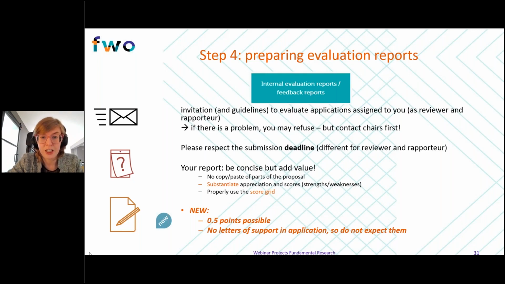Substantiate the appreciation and the scores. Highlight the strengths and the weaknesses. And as Anne explained previously, use the score grids when giving scores. So you can, as of this year, give scores with an accuracy of 0.5. So this is new compared to last year when you could only give, for example, a 6 or a 7. Now you can also give a